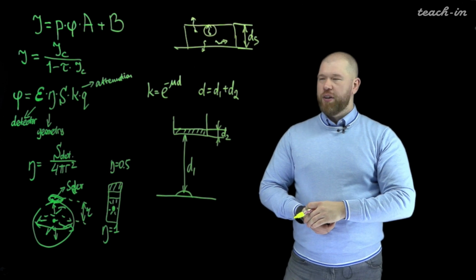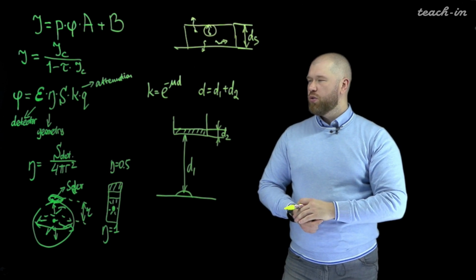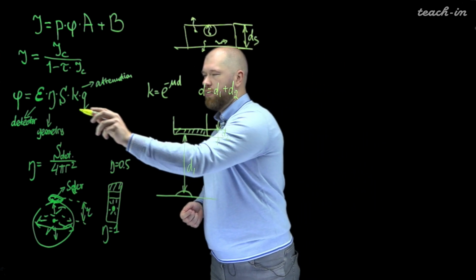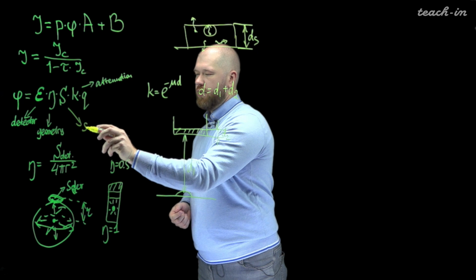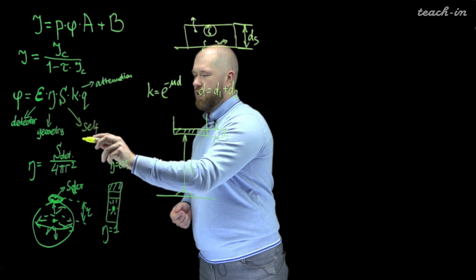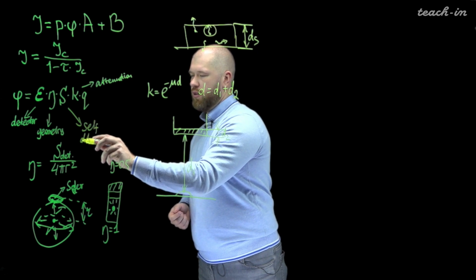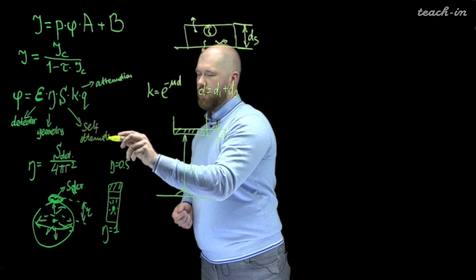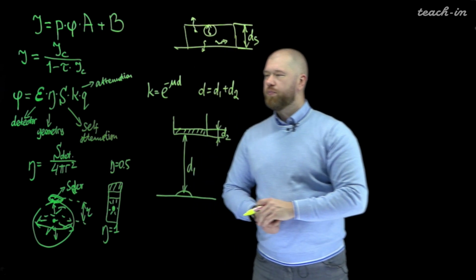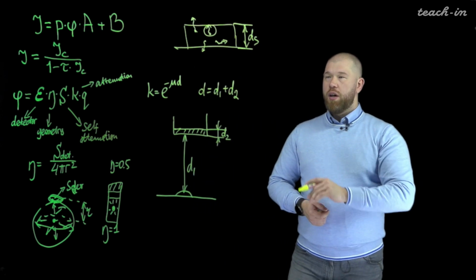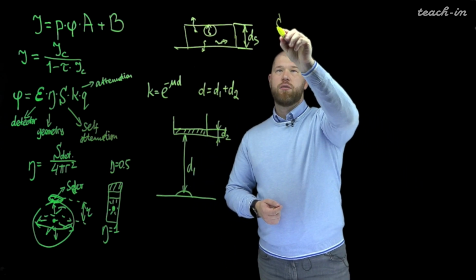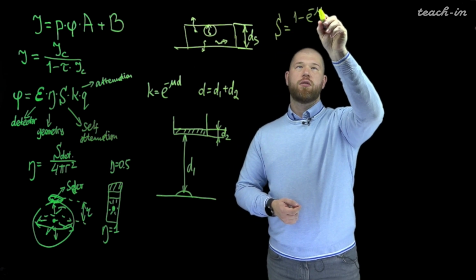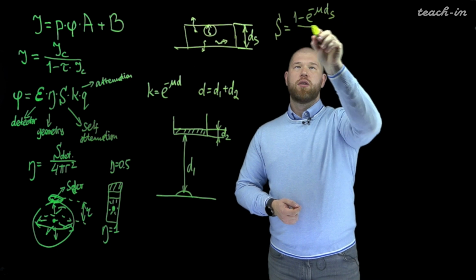In the case of the fixed samples, we should calculate the self-attenuation coefficient, this S. And we can calculate it as 1 minus exponent of minus, divided by